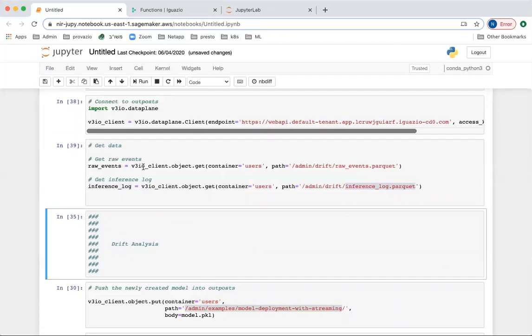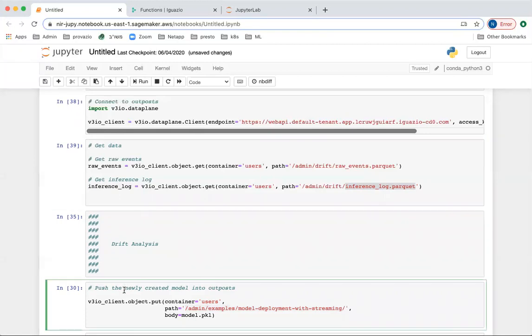Once we have the data, so the data is now in SageMaker, we can now load the actual data, compare the predictions versus the actual data, do drift analysis, and come up with a better model. Once we come up with a better model, we can easily just use the same v3.io client to push the model back into AWS Outpost. So we push it into the location, we push a new pickle file, a new model pickle file, and that's going to be used from here on